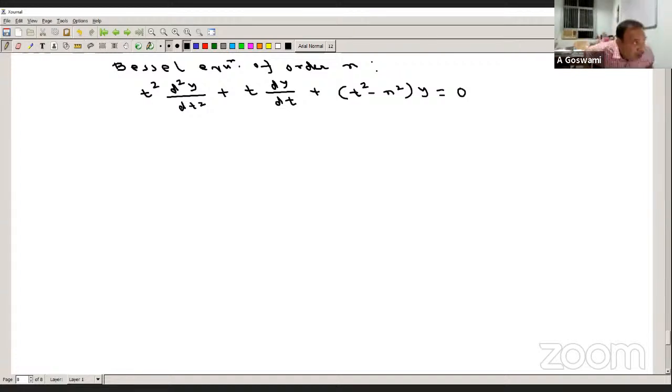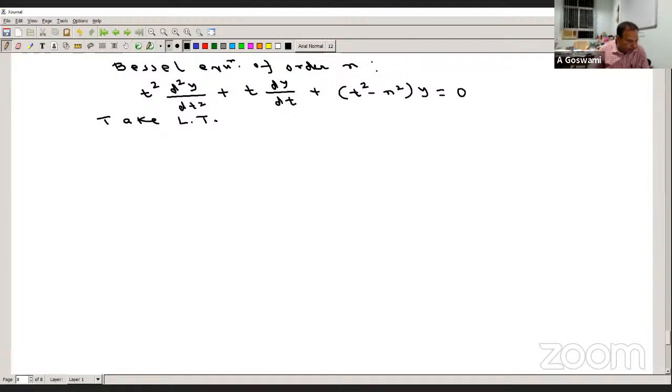This is the Bessel equation of order n. If you want to find out the solution of this Bessel equation, please note that Bessel equation of order n is of the form t square d2y dt square plus t dy dt plus t square minus n square of y equals 0. Now you take Laplace transform